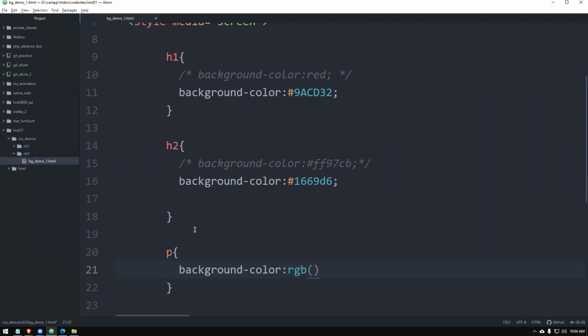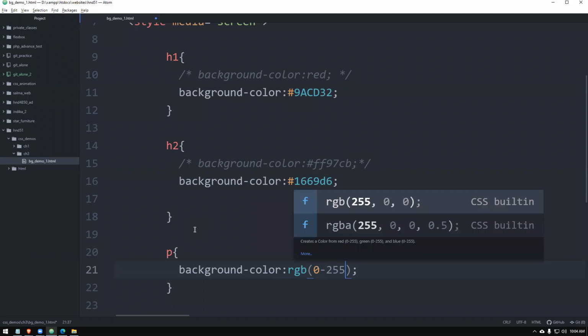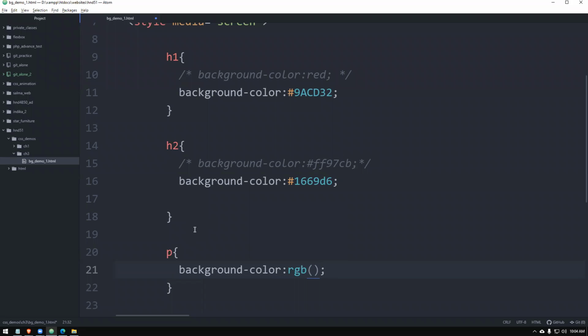RGB within open close parenthesis, you can give the value of red, value of green, and value of blue. So RGB, each value starts from 0 up to 255 you can give, right? So you can give a random value like 155 comma 200 comma 90.